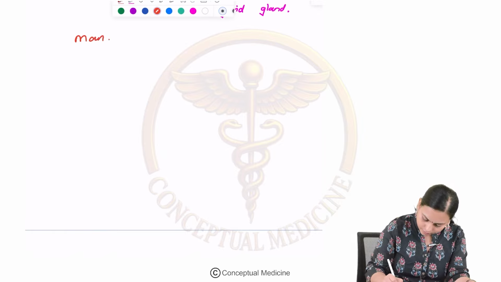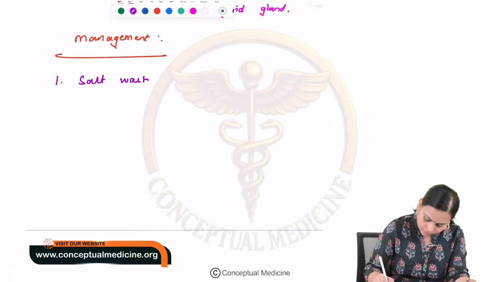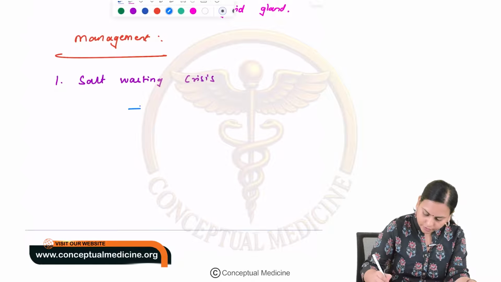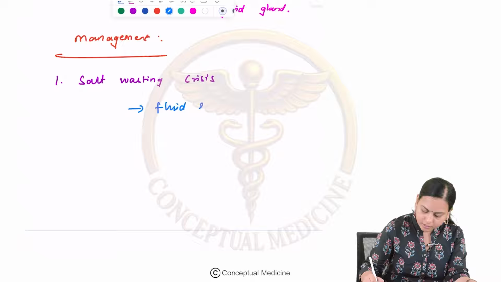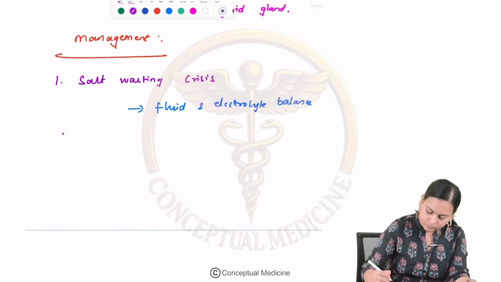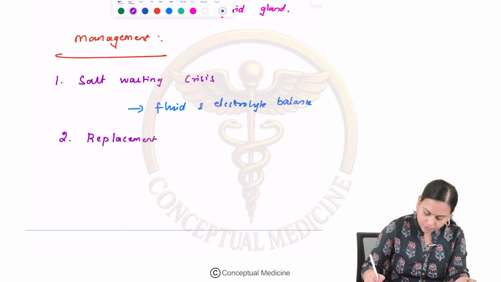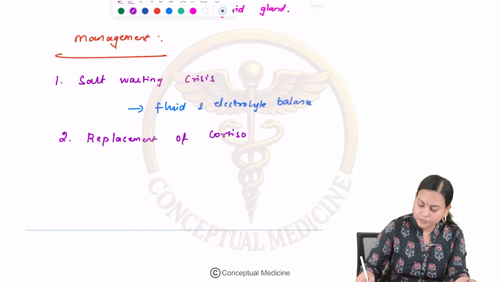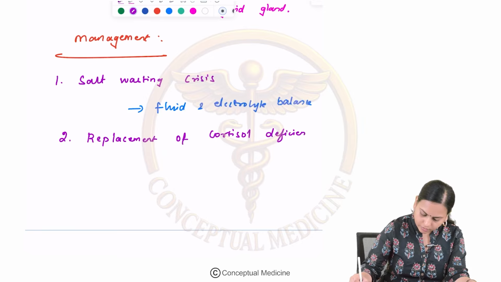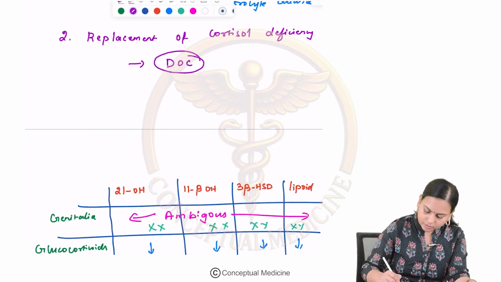So management, when there is salt wasting crisis, you have to offer them fluid and electrolyte balance. Then there should be replacement of cortisol deficiency with deoxycorticosterone. The next one is